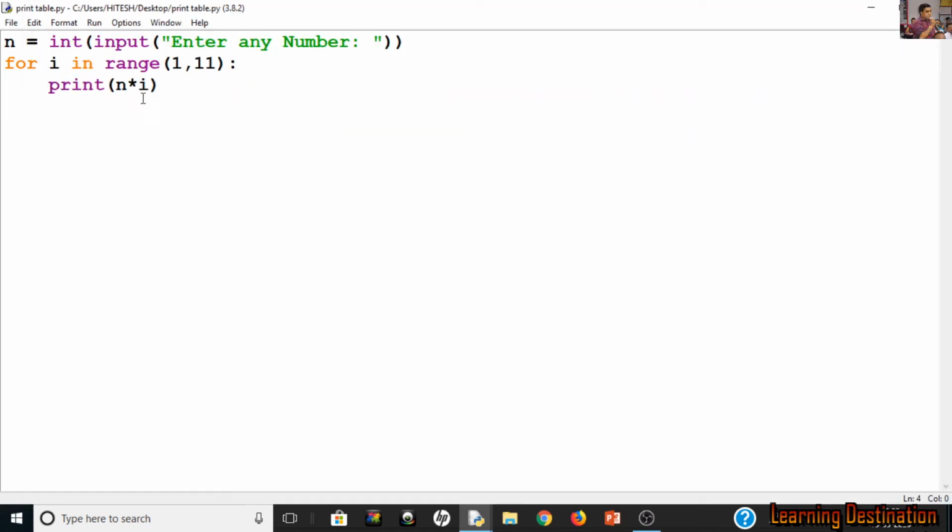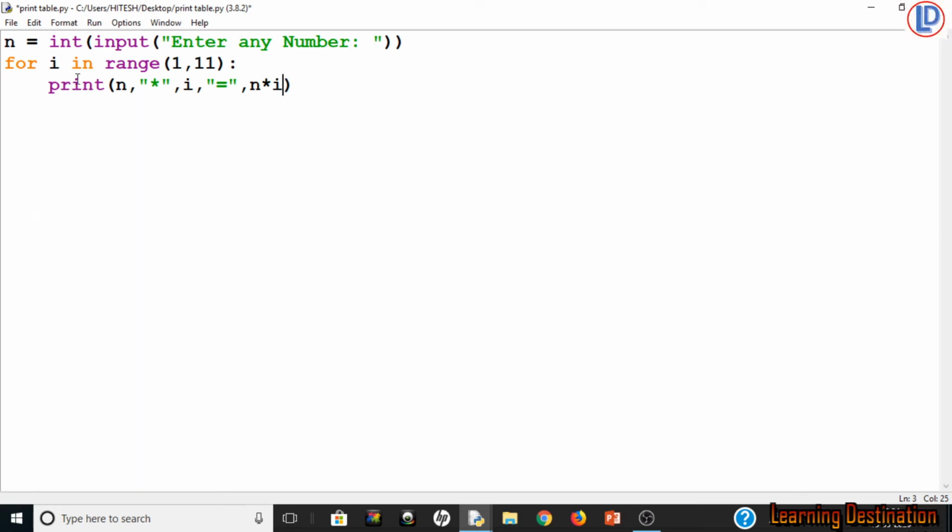If you want to see how it is happening, we can always try to print. We want to print the value of n, then the multiplication sign, comma, the value of i, comma, the equal sign, comma, and the value of n multiplied by i. So this is the way we want to print.